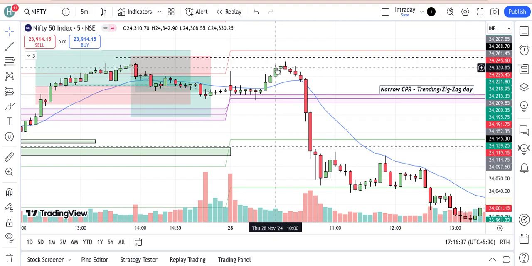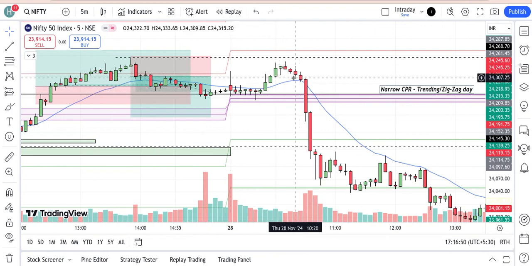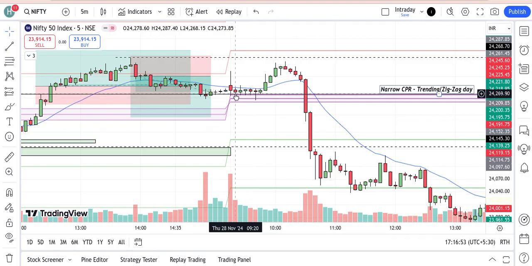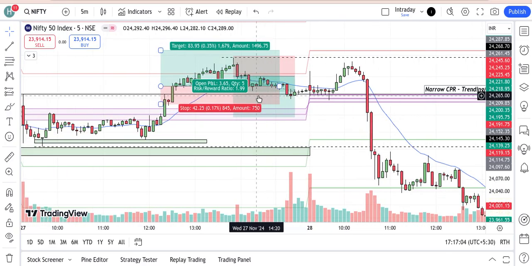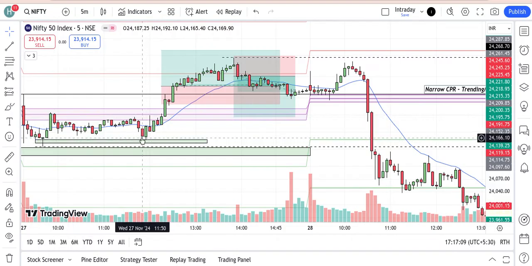Now as a rule, yesterday also I told you, when the first candle is a red candle and then market goes up, then again it comes down, we have to wait till market reaches this point, and then see how it behaves. It tries to sustain or it tries to break it. If it tries to sustain, that means it's a W pattern, like what happened yesterday. Yesterday first candle was red and then market went up, and then again it came down to this point,